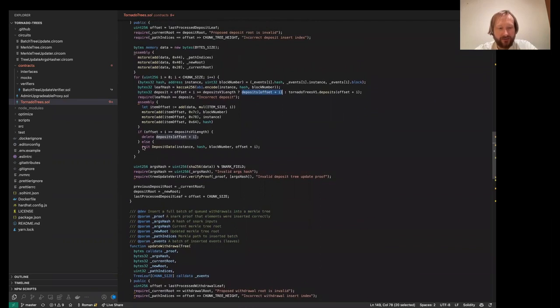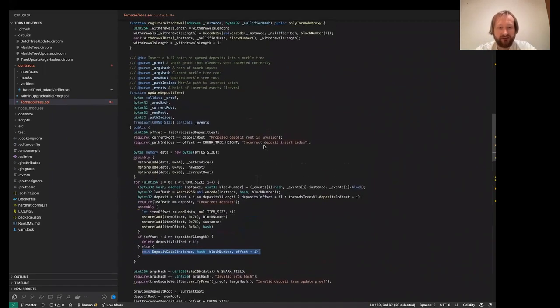And then we have an option. We can either emit an event with all the data that was supplied here, or we can just leave it as is. Emitting events is somewhat expensive. It is around 10 times more expensive than call data.